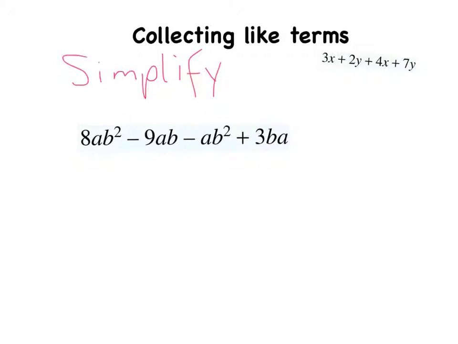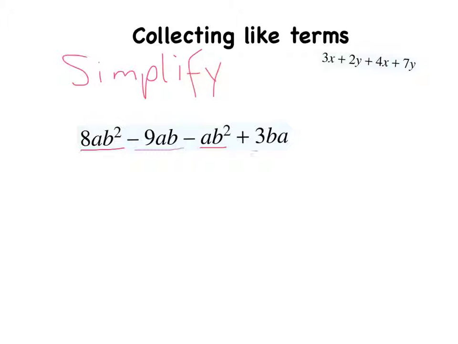Let's have a look. I've got 8ab squared, subtract 9ab, subtract 8ab squared, plus 3ba. Okay? Let's have a look at my like terms. ab squared is a like term, okay? Because I'm doing addition and subtraction. I've got ab squared as a like term there and ab squared as a like term there. I've got 8 of them in the first instance, and then I've got